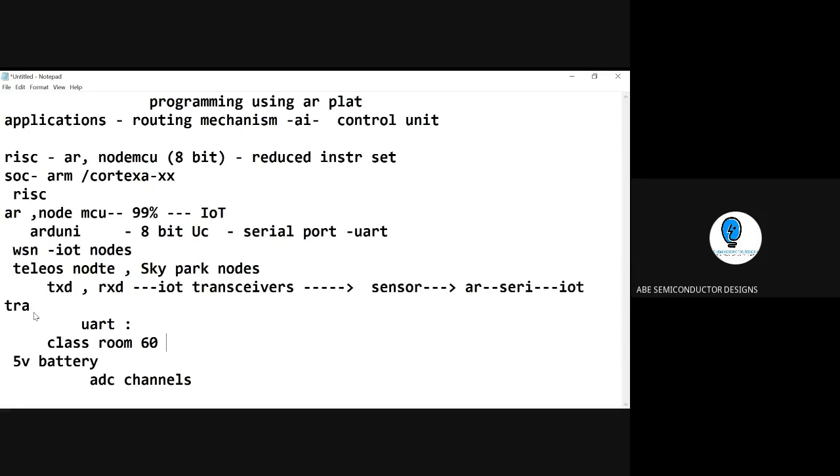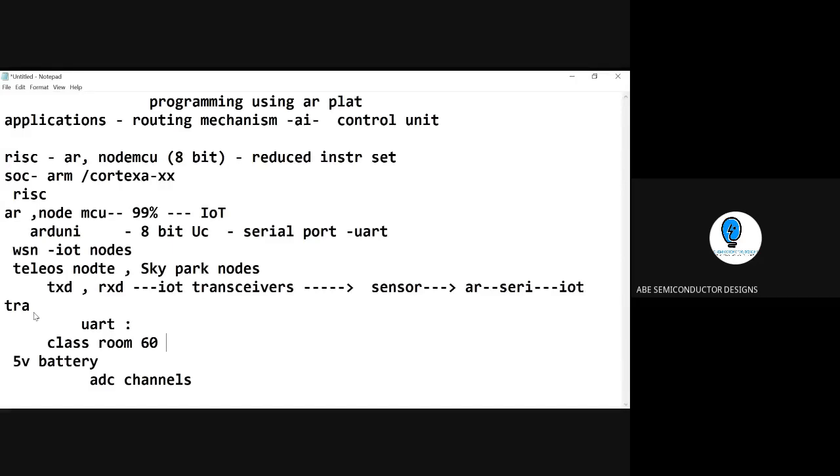In asynchronous, both are running at their own speeds. I don't bother about whether the receiver has received or not; I can transmit the data. If the receiver wants to receive the data, he should be at the same speed so that he can receive the data and do the application. This is asynchronous. And synchronous works on the master-slave concept, where the master makes all the slaves run at the same speed and teaches everything. When he gets the acknowledgement from the students, he goes on to the next thing. This is synchronous.